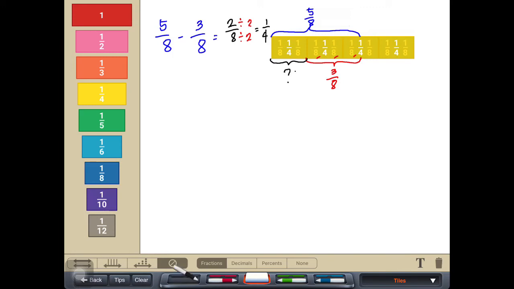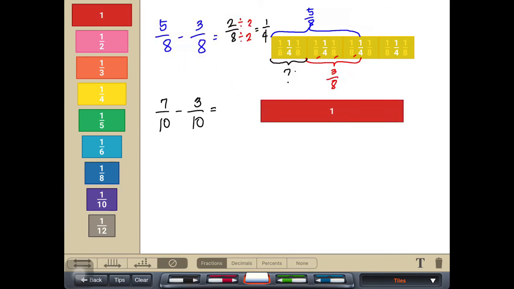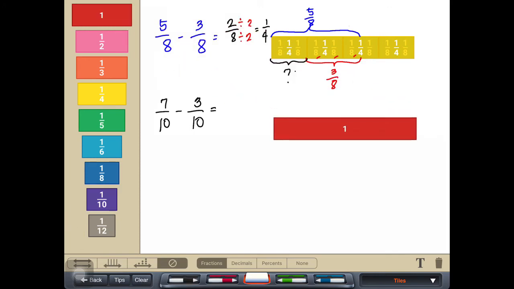Let's try to subtract 7/10 and 3/10. Okay, so 7/10 minus 3/10. Let's show the 7/10 first. So we have 1, 2, divide the whole into tenths, and then afterwards show where 7/10 is. That's 1, 2, 3, 4, 5, 6, 7. 7/10,